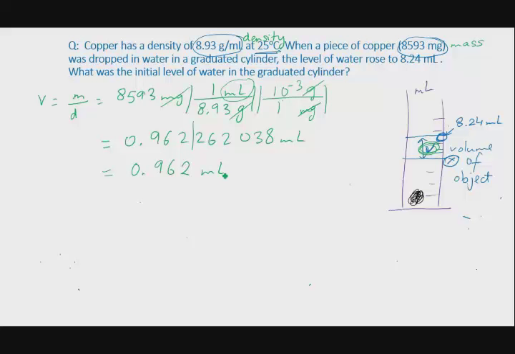In other words, the initial level of the water can be obtained by subtracting the rise in the water level from the final level of the water that was reached. So if you subtract 0.962 from 8.24, we get